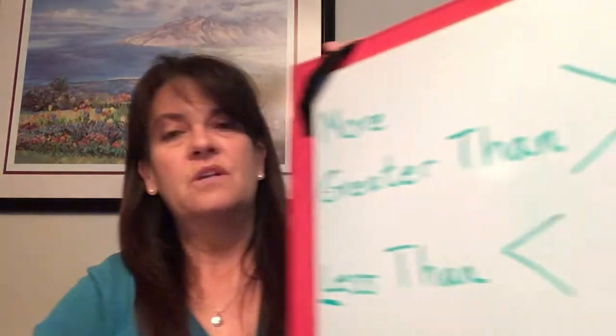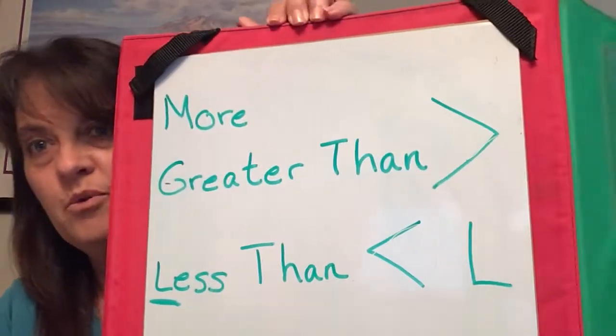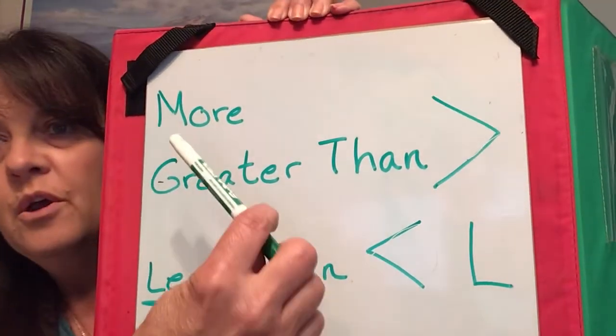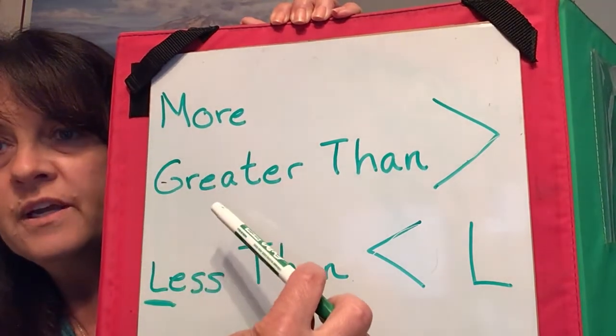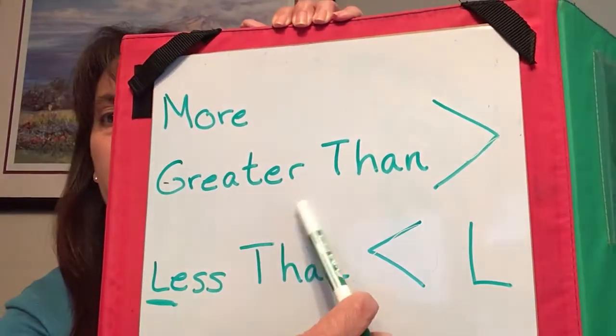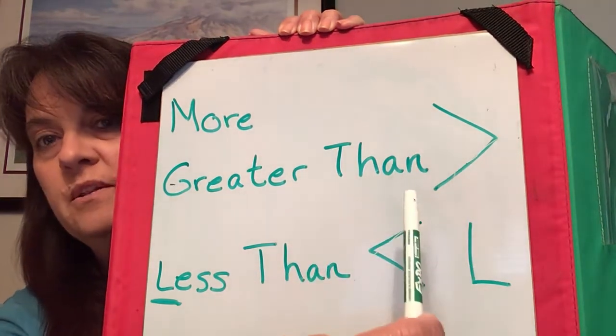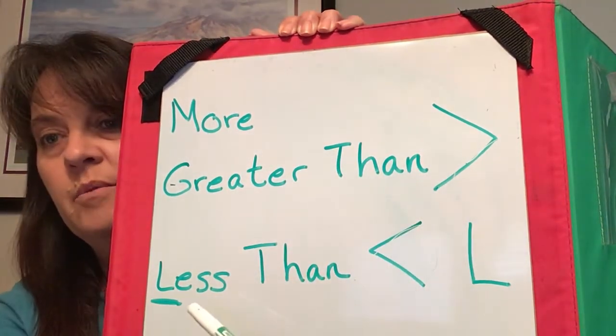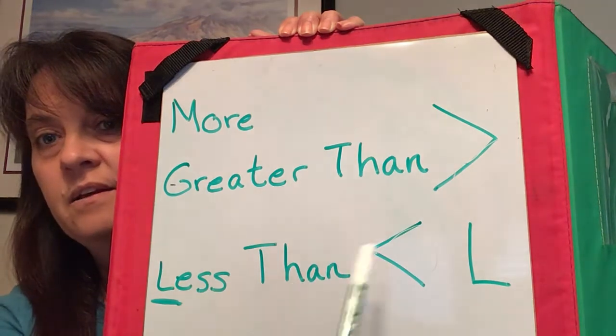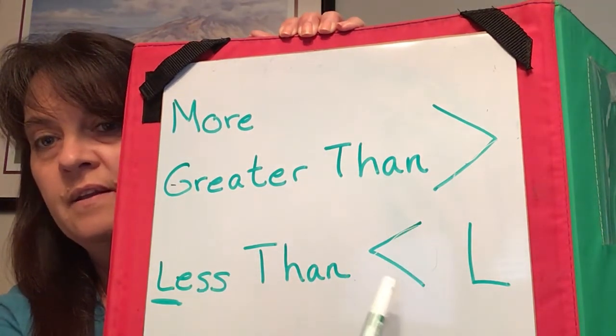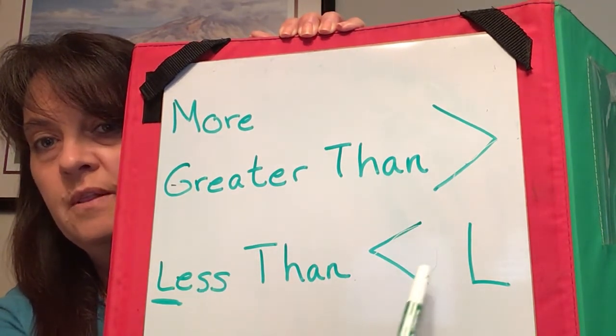So today I want to talk about more than, less than, and equal to. So on our dry erase board, I've drawn for you more, or it can also be said greater than, and the alligator's mouth is open to the bigger number here. So then we also have less than, or it's the alligator's mouth is open to the bigger number on this